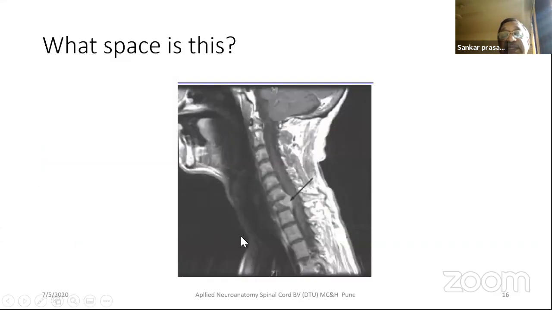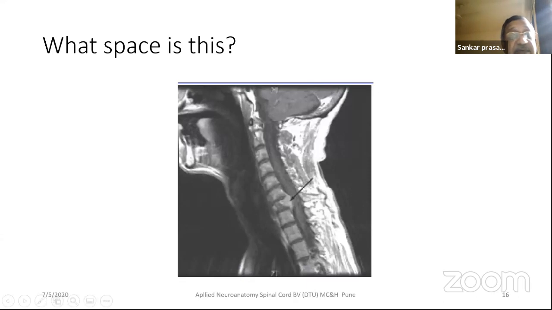And what is this space which we are looking at? And see, usually we have compressions. Yeah, anybody can tell? Extradural space. An extradural space, there the only emergency in spinal cord disorders is